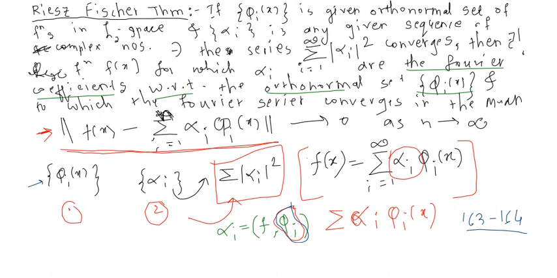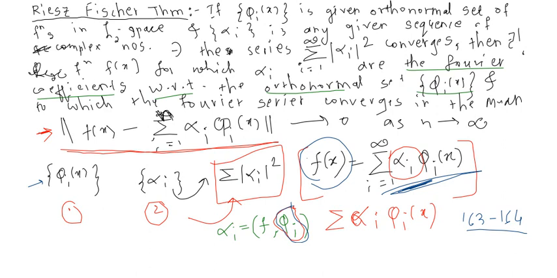That is, if we have the orthonormal set and a set of complex numbers such that this series of squares of the modulus of those complex numbers is convergent, then this particular series will converge. Basically it is saying that there will exist a function such that that function will be equal to the limit of this series. That is what the Riesz-Fischer theorem says. Now we will be using this Riesz-Fischer theorem while finding the solution of our Fredholm integral equation.